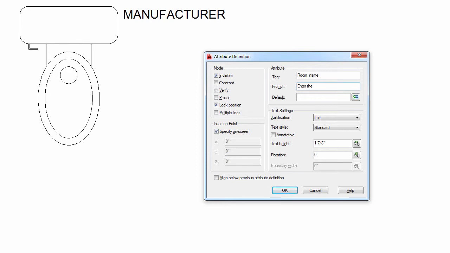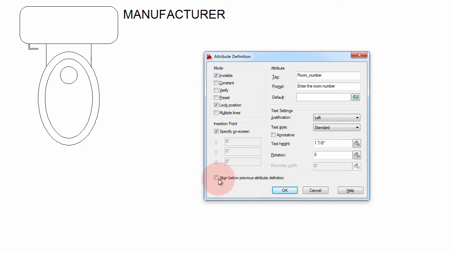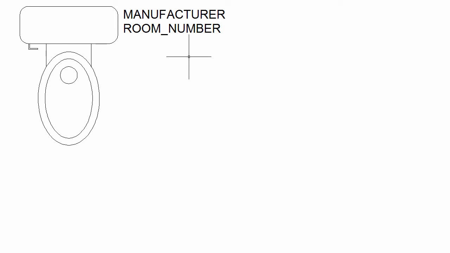the room. Actually, it should be number, not name. And the default, we're going to leave blank in this case. Now, as far as the text is concerned, text height and all this, this button will say align below previous attribute definition. So we'll just check that off and hit OK, and it'll just put room number in there. So we got manufacturer, room number, and